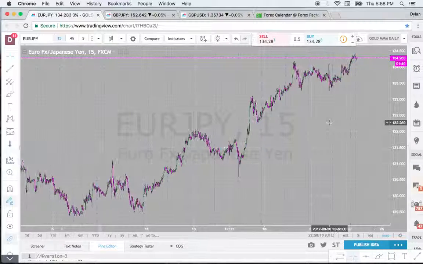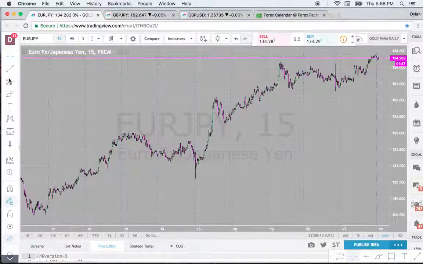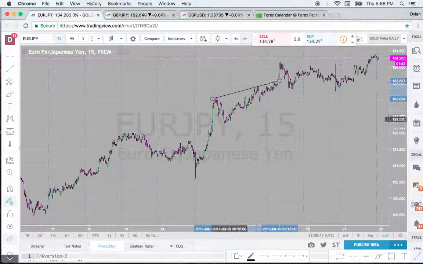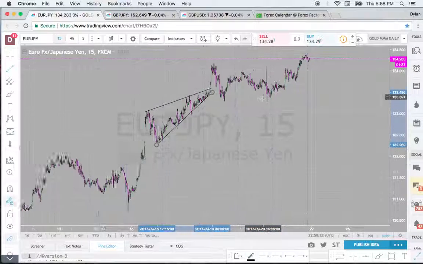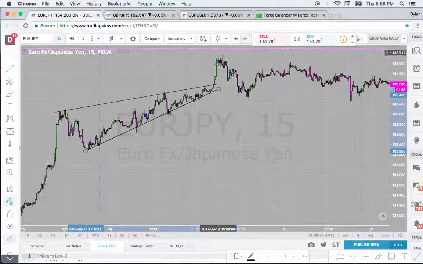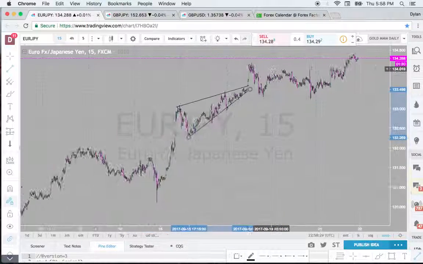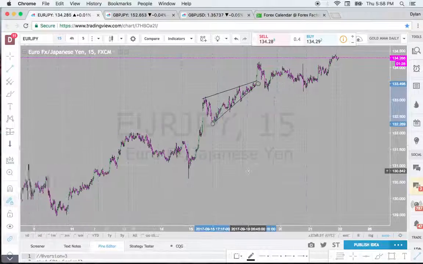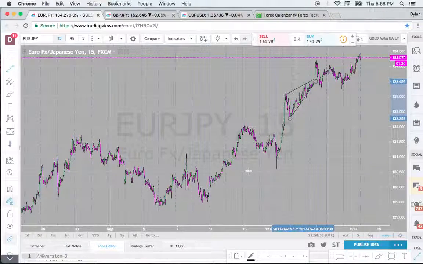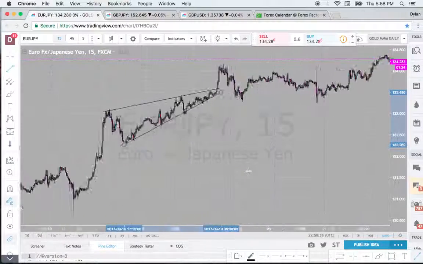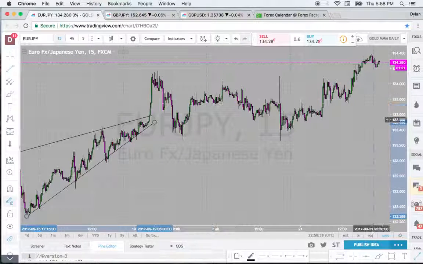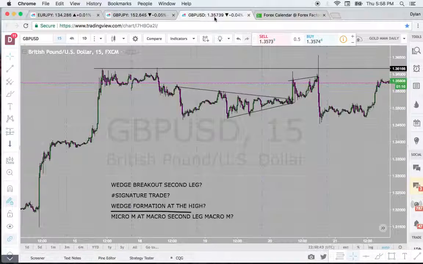Here's a somewhat alright example of the high being formed, and then the breakout of this wedge is a continuation of the uptrend. But anyway, I didn't want to make this video too long for you guys, so I'm going to tune out